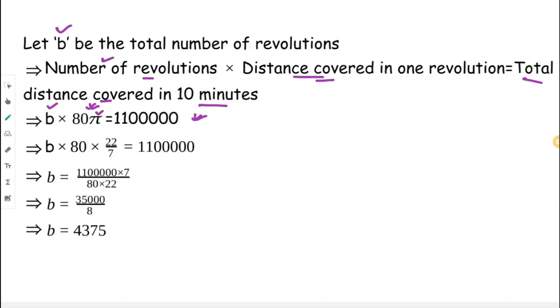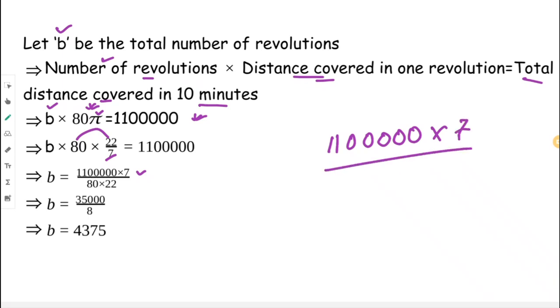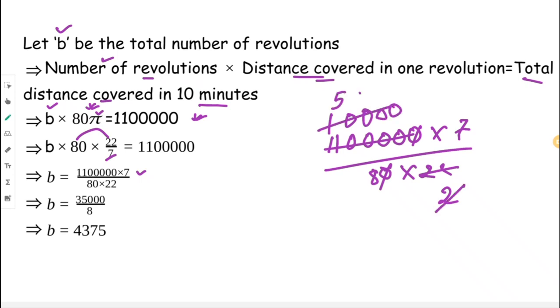Now this pi, write it down, 22 by 7. Now what we do, cross multiplication. This 7 in the denominator will go up. This 80 and 22 will go down in the denominator, right? Then now having here 1 2 3 4 5 into 7 divided by 80 into 22. So I can divide 0 0, 11 2s are, and then 11 1s are, right? Then 1 2 3 4, and once again 2 1s are, 2 5s are 10, and I'll have here 3 zeros. Then 7 5s are, I'll get 35,000, and then 8 is left here, right? And when you divide these two, we'll get the number of revolutions it makes is 4,375 times. The wheel